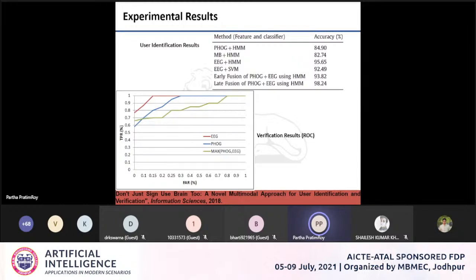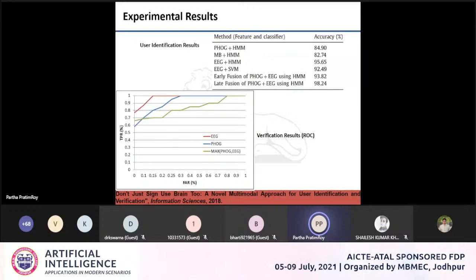But a lot of people have already tried this. They have done many of these different combinations, found good results, and reported them. So if you read those papers, you will understand that this combination will not work, and this combination works. You will get some intuition about why this will not work and why this is working. After reading, you will have more ideas about what type of features and what kind of classification you should use for authentication.